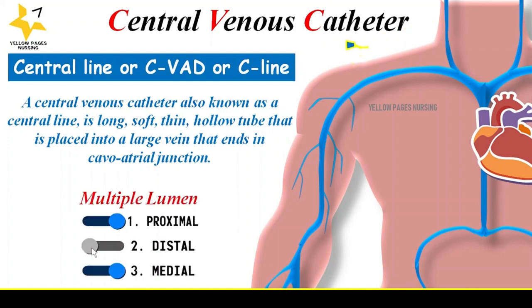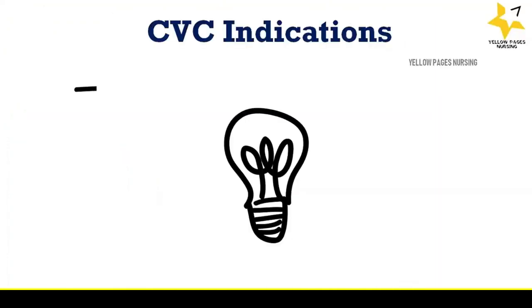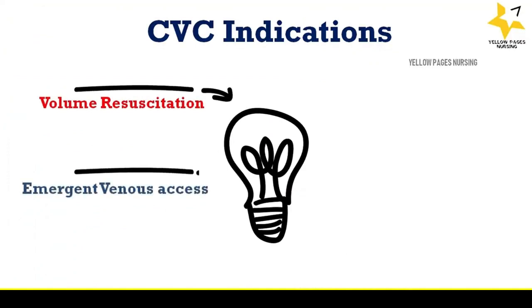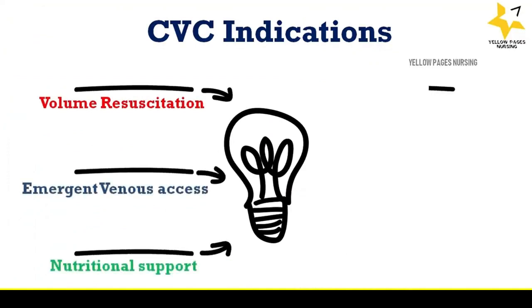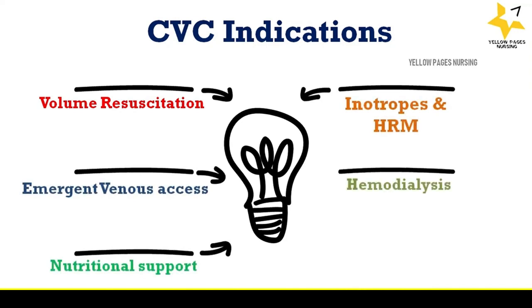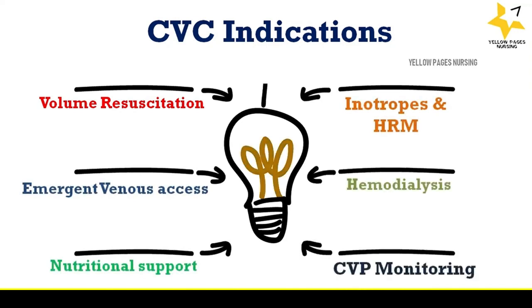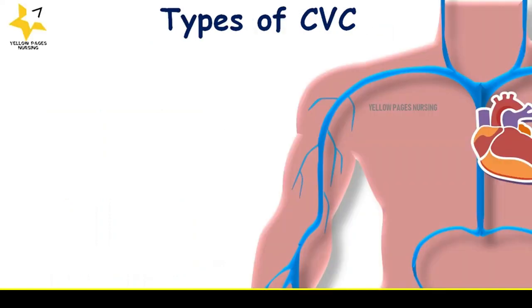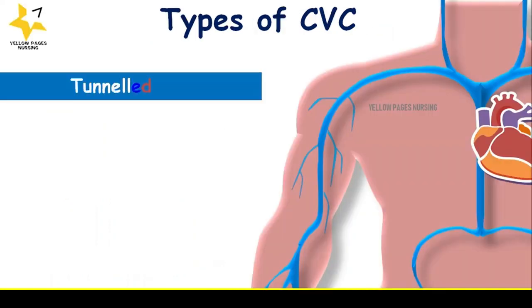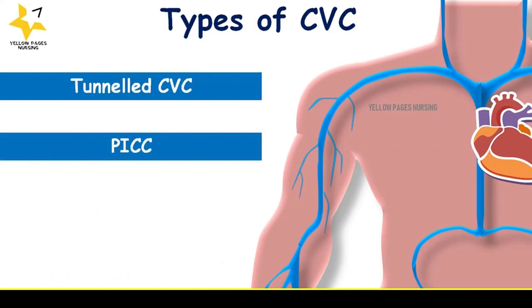medial. Coming to the indications of central venous catheter, a central line is indicated in case of volume resuscitation, emergent venous access, nutritional support, for example, TPN administration, inotropes and high-risk medications, chemotherapeutic drug administration, hemodialysis, and CVP monitoring. Next, types of CVCs. They include tunneled central venous catheter, peripherally inserted central catheter, also known as PICC, and subcutaneous